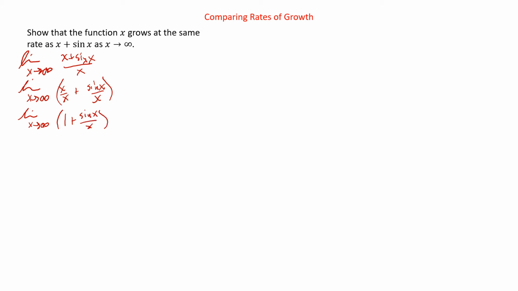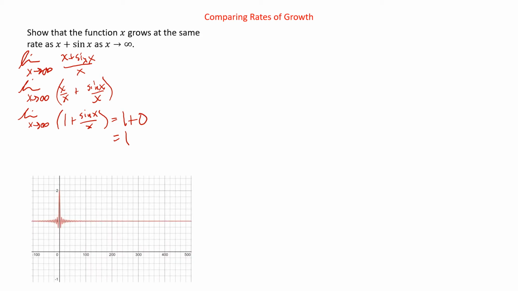Now when we plug in infinity, the sine x is going from -1 to +1. It's not changing that much. It's a small value, and x becomes infinite. So that whole piece becomes 0. So this is going to be 1 plus 0, which is just 1. So our rate of growth, we take the limit of the ratio there, we get 1, which means that they have the same rate of growth. If we wanted to graph this to see,